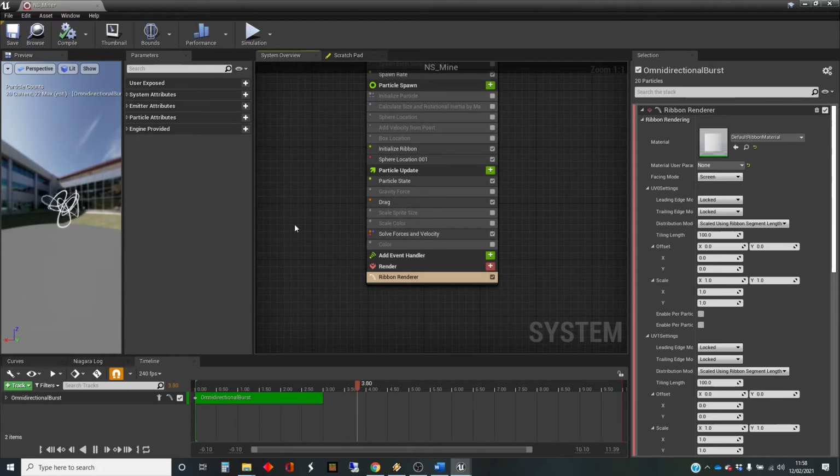So what's happening is that when it spawns a point and is doing it at the spawn rate, it actually creates a ribbon from the last point to the new point. And over time, the end tail of the ribbon then also disappears and dissipates. I'm going to put the